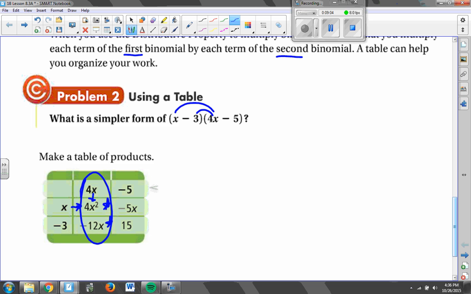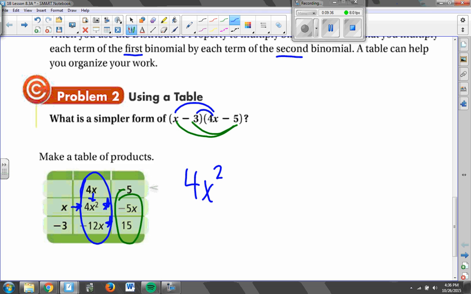Then they've also done that with the second term in those second parentheses, x times a negative 5 and negative 3 times a negative 5. So they've done that here. They've gone x times negative 5 gives them negative 5x, and negative 3 times negative 5 gives them a positive 15. Now once you have done that table of values, all you have to do is put those together in order. So